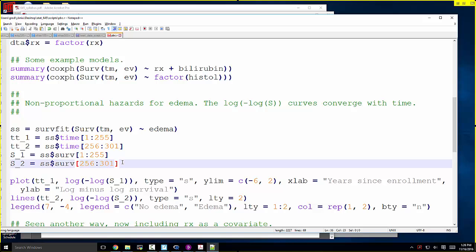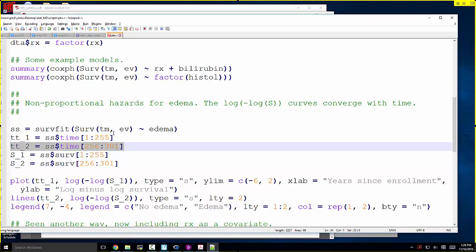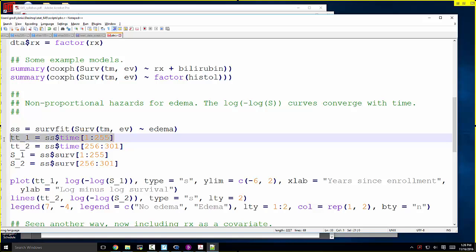And what we talked about doing instead of this type of plot was a plot of differences of the log minus logs survival times. The problem with doing that is that the event times are not going to generally be the same for each group, so it's not easy to take a difference. What we would need to do in order to do that,